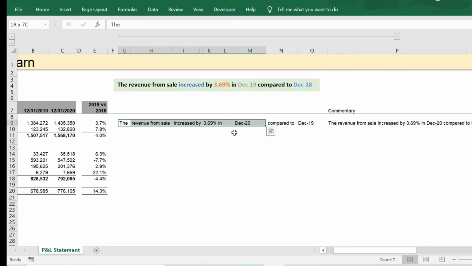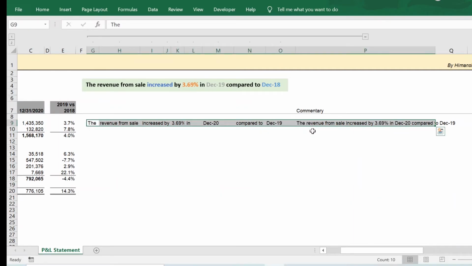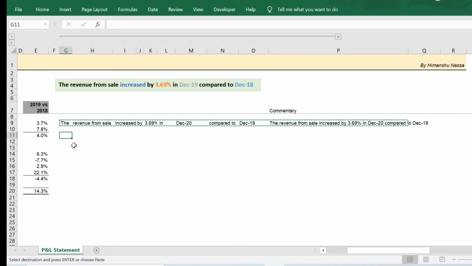Now this is a formatted string which is created for all the P&L line items which are there in the statement. And now we are ready to actually extend this further. I can just copy the whole formula and probably paste it wherever I need it.